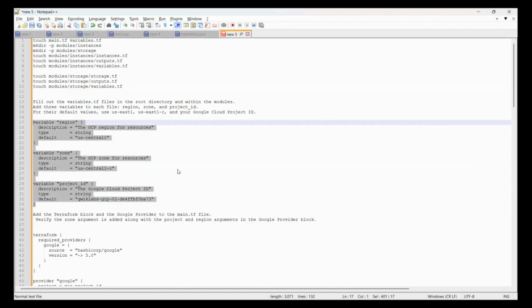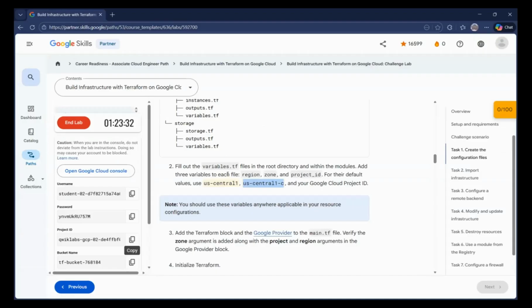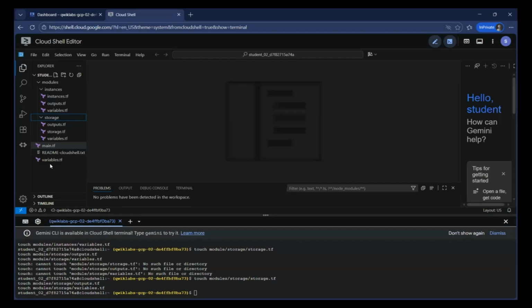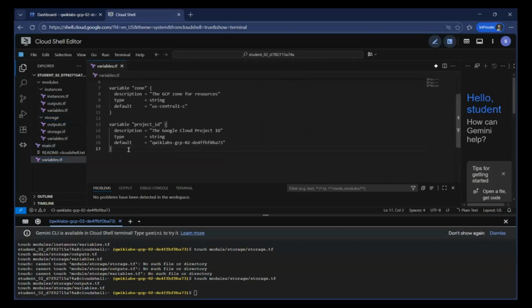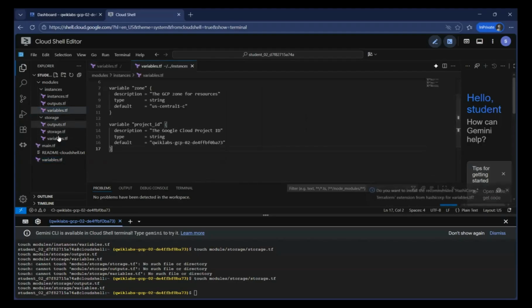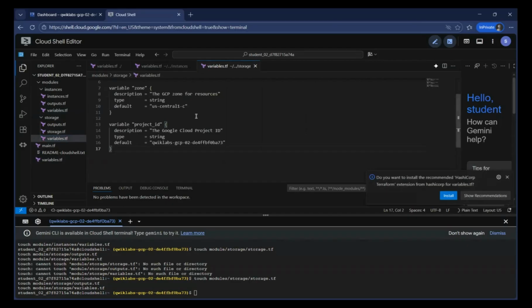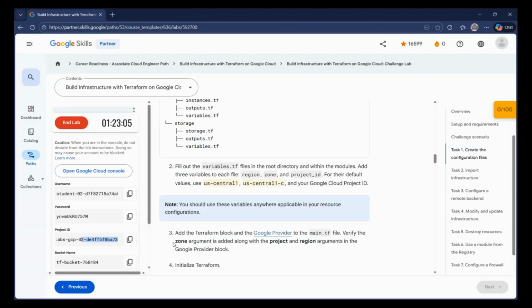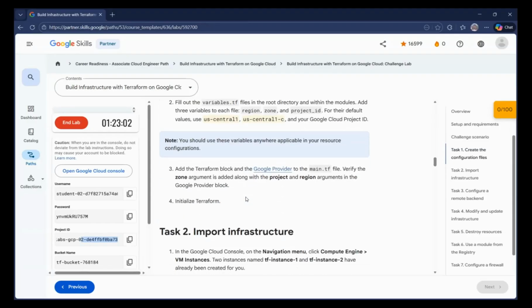As per the instruction, we need to add this on the parent variables file, as well as the child variables files. So I will go to the first variables file, paste, then under the instance, paste it, and under the storage variables.tf, paste it. Okay, project ID is correct. Now the third step is